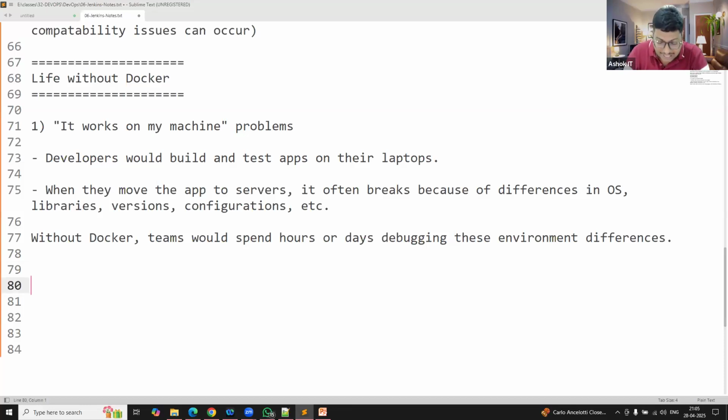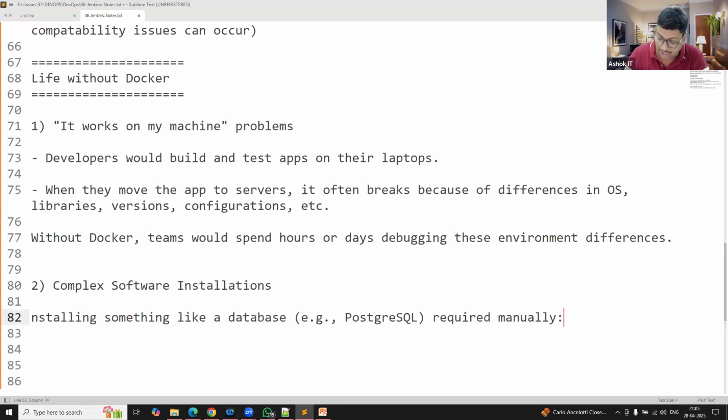Okay, and the second problem here is the complex software installation process. Installing software will take a lot of time. Installing something like a database, like Oracle or MySQL, will take a lot of time, guys.